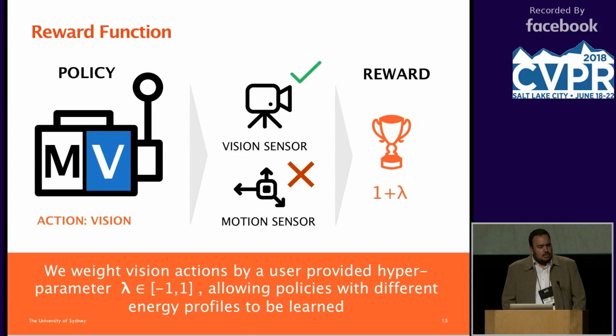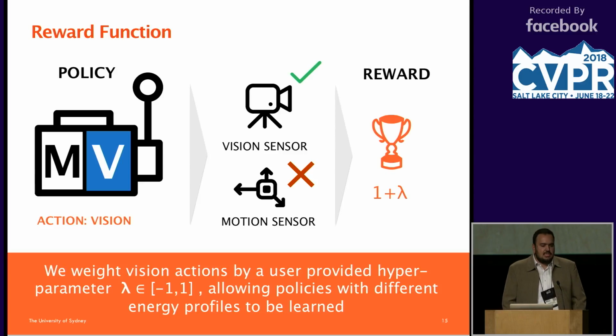Now it gets interesting. If we choose vision, this is where we want to save the energy. So in our case, whenever we choose vision actions, we need to be careful with that, and we provide a hyperparameter lambda that actually increases or decreases the likelihood of taking such actions. In this example in here, we can see that